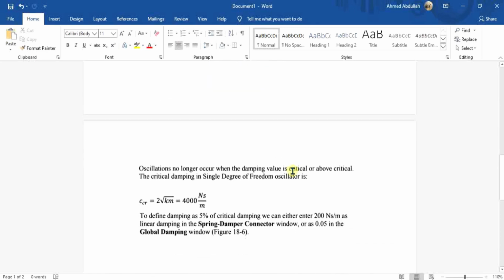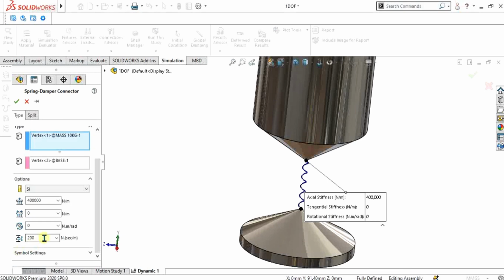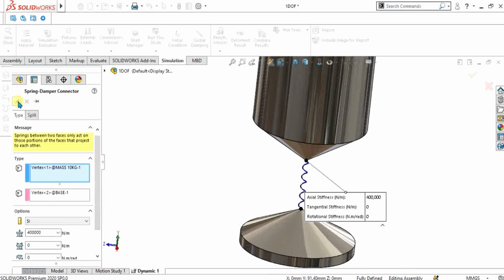Let me show you where I got this. The formula of critical damping is equal to the square root of k of spring and mass. So it is the 4000 value. We are going to define 5% of critical damping. Therefore, we are going to enter 200 Newton second per meter. So our spring damper connector is ready.